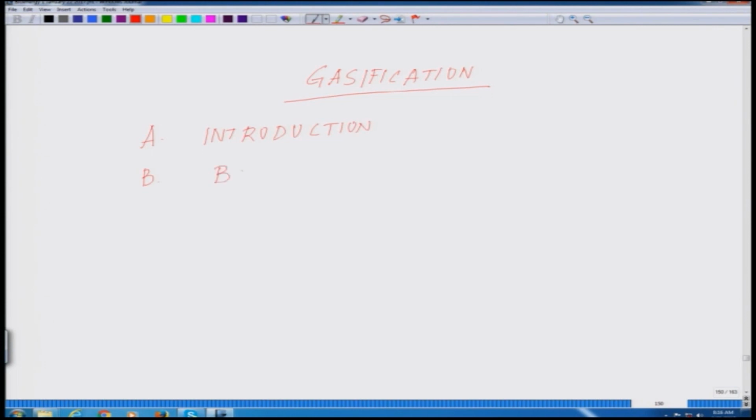Then we will talk about the basic chemistry. It is very essential that we understand the chemistry first. Without understanding the chemistry, nothing will make sense, including why it is different from combustion and other processes or pyrolysis. Then comes feedstock treatment. This will take you back to the earlier lectures where we talked about what kind of treatments have to be done, and what the properties of the feedstock are.